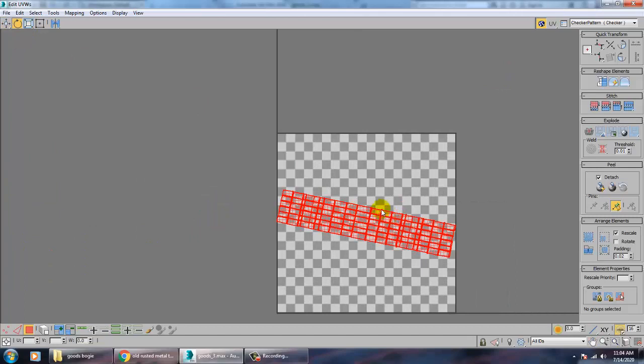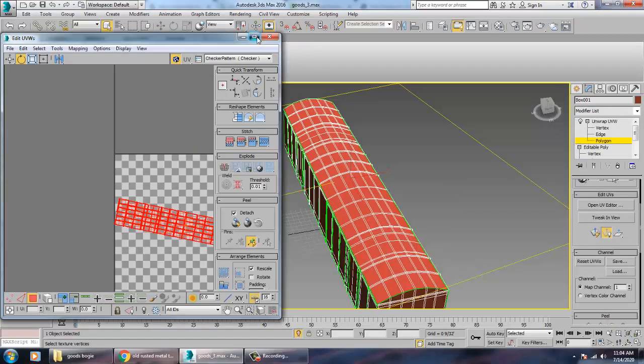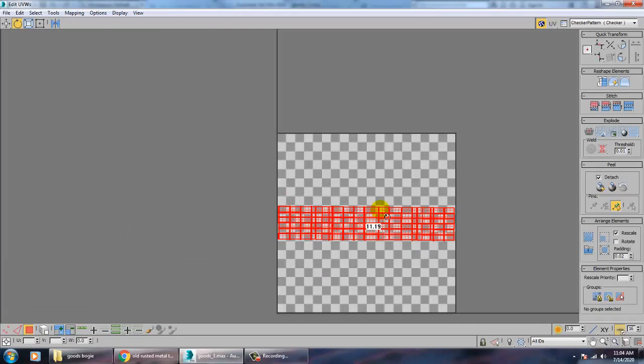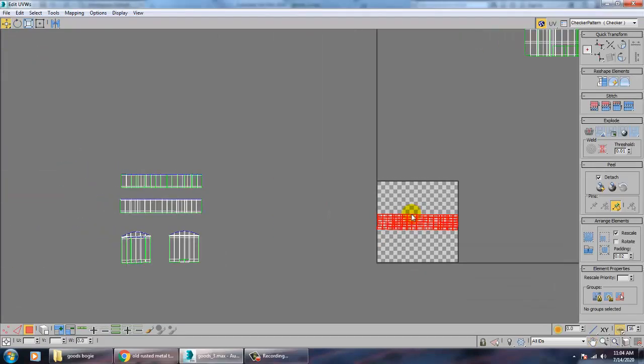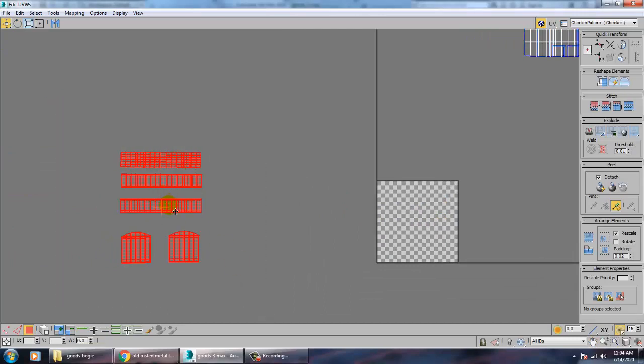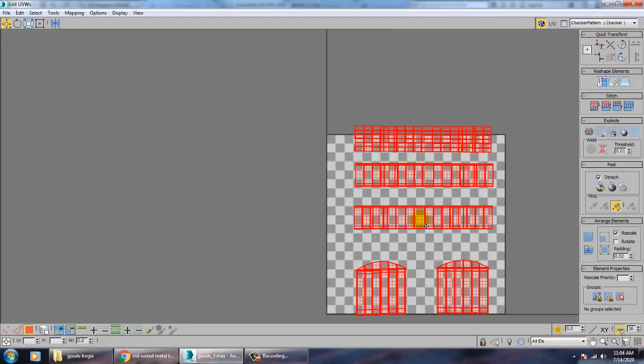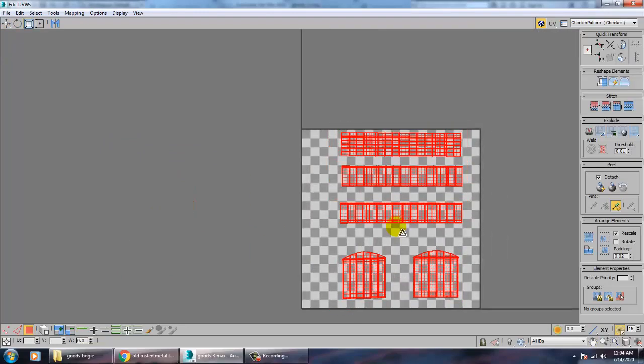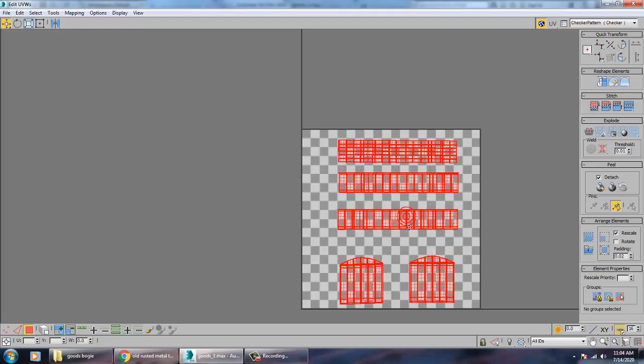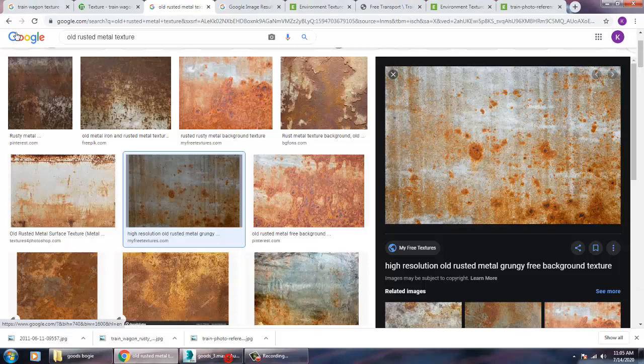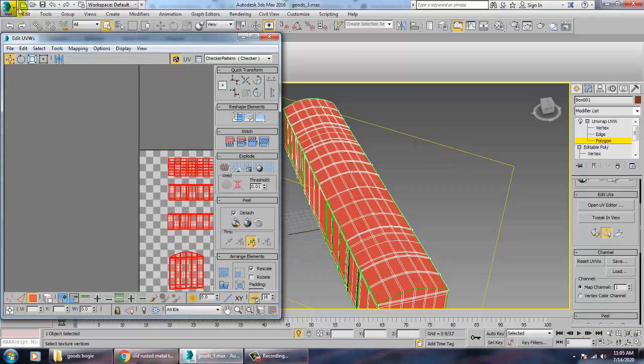And let's just rotate this. So select this all, scale it, and just drag this inside. So we have unwrapped this stuff. So keep saving your files, keep saving your files over here.